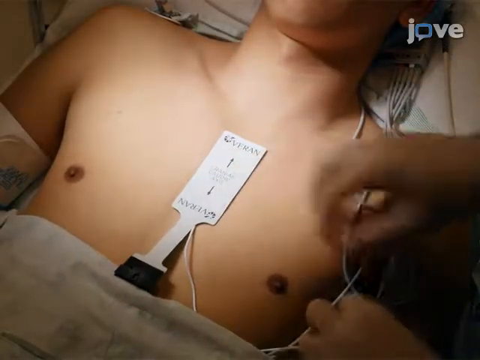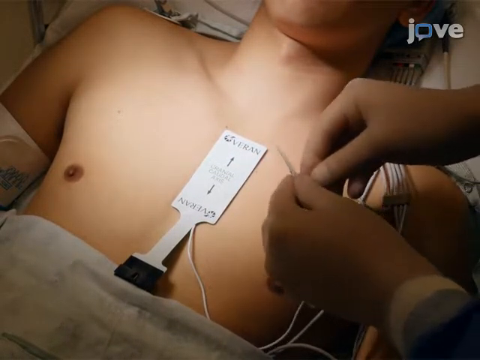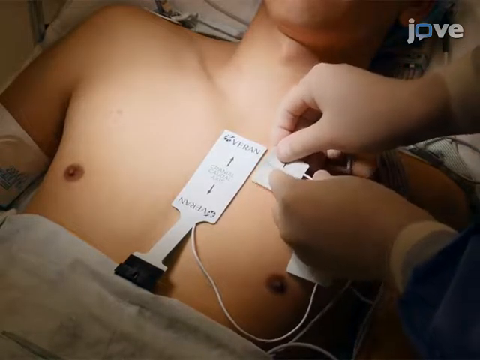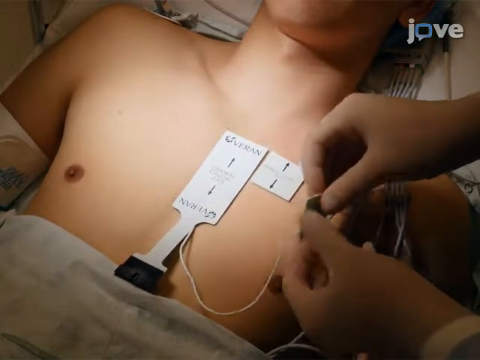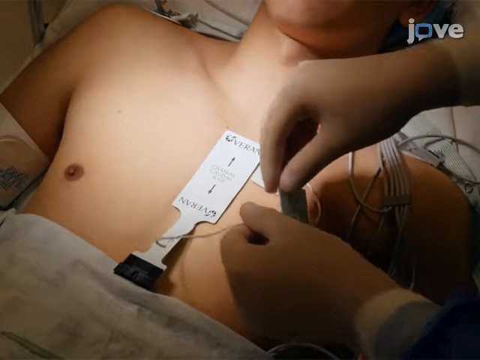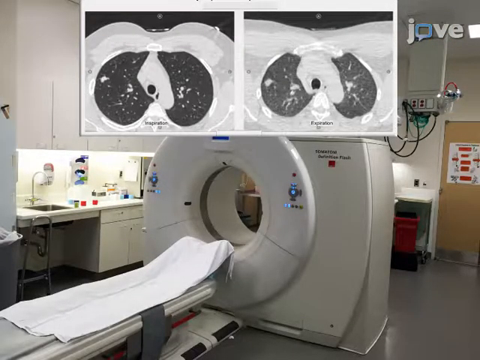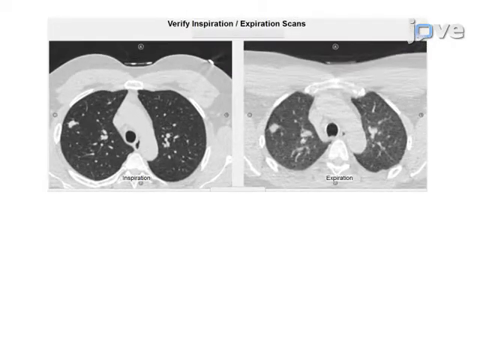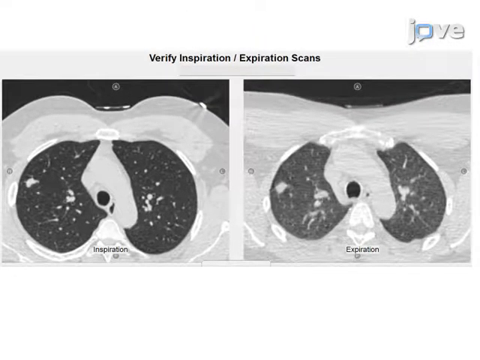On the day of the procedure, attach the electronic reference point pads to the contralateral hemithorax of the target lesion to minimize pad overlap with the TTNA biopsy entrance point. Obtain a baseline inspiratory and expiratory non-contrast chest tomography with 0.5 mm intervals and 0.67 to 1.25 mm thickness as